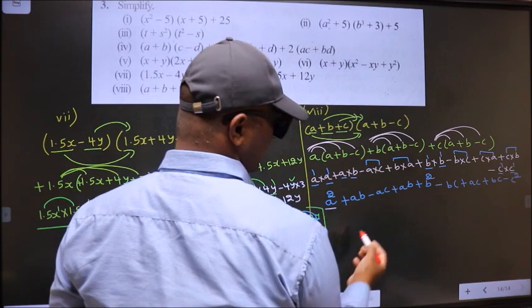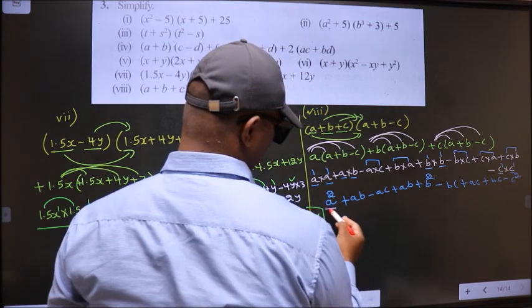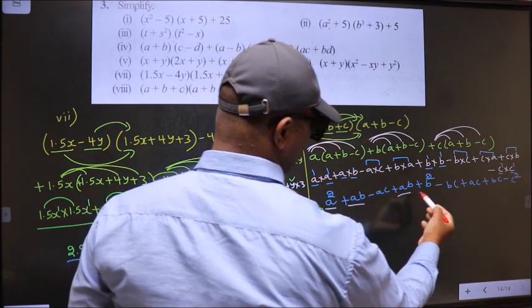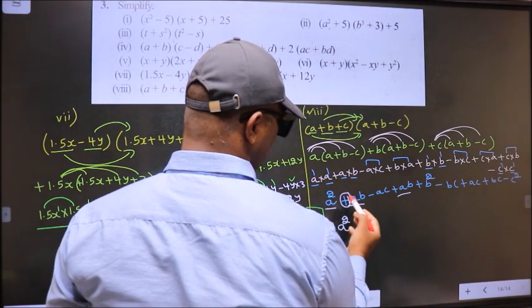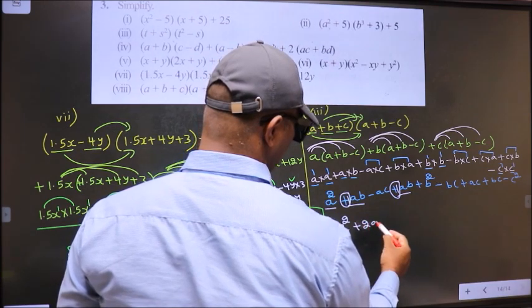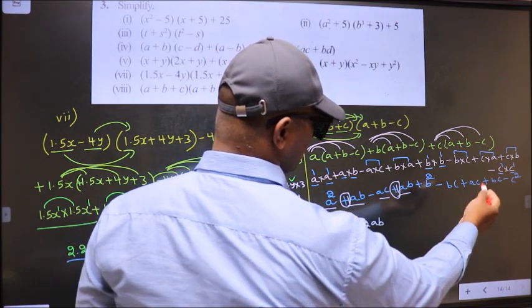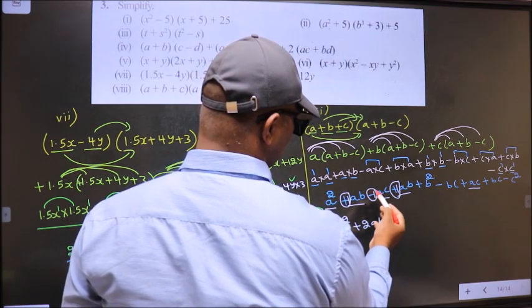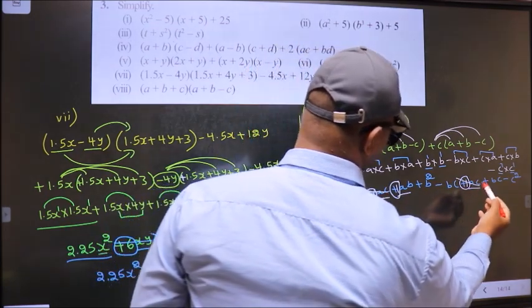Now we should simplify this. Here it is a square. Do we have a square term anywhere else? No. So you write it down as it is. Next, AB. Do we have AB term anywhere else? Yes, here. Now look at the number before them. Here it is plus 1 and here also plus 1. So we get plus 2AB. Next, AC term. Do we have AC term anywhere else? Yes, here. Now number before them. Here it is minus 1 and here it is plus 1. So minus 1 AC plus 1 AC cancel out.